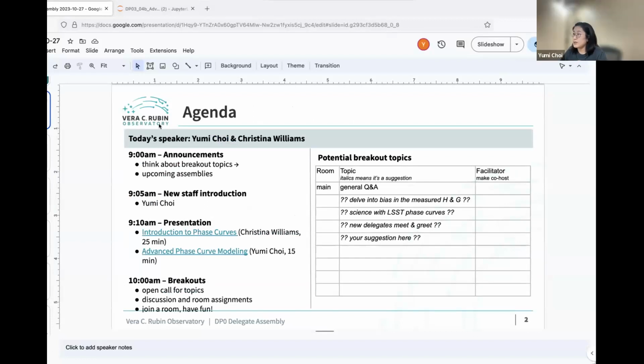So are there any topics you want to work on today? I think we're done with the presentation part. Oh, Bob, yes. I'm trying to fit DP0.2 stellar fluxes to a black body curve, and I'm woeful at it, and I was wondering if anybody could help me with that. Yeah, I'm interested in that. So maybe one breakout room for that and other topics.